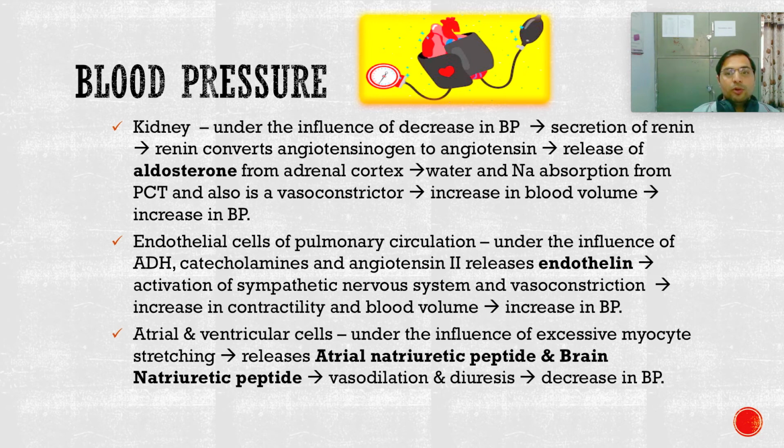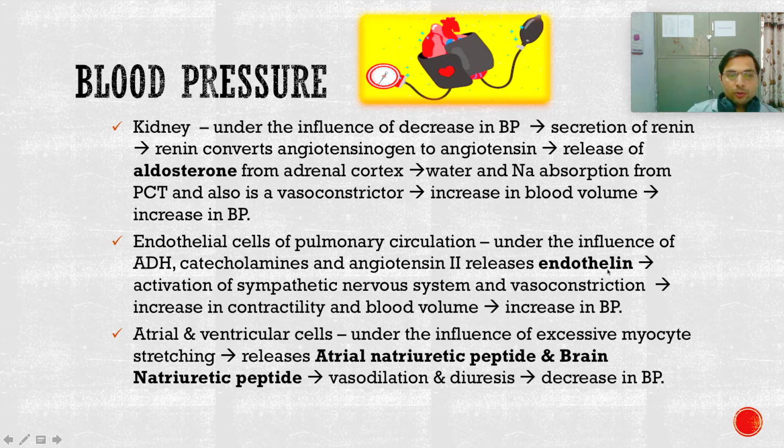The overall blood volume decreases in the body. So if the body wants to increase the blood pressure, it does vasoconstriction. So through vasoconstriction and water and sodium absorption in the kidney and from other interstitial spaces, the body increases its blood volume, the body increases its blood pressure. So next hormone is endothelin hormone.